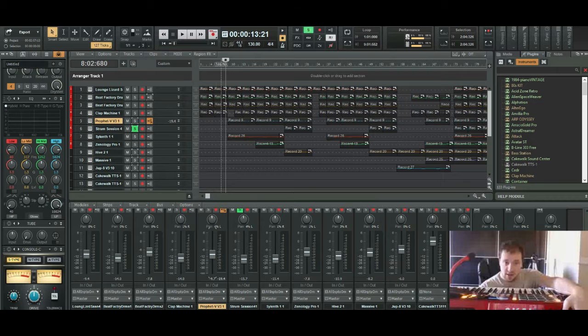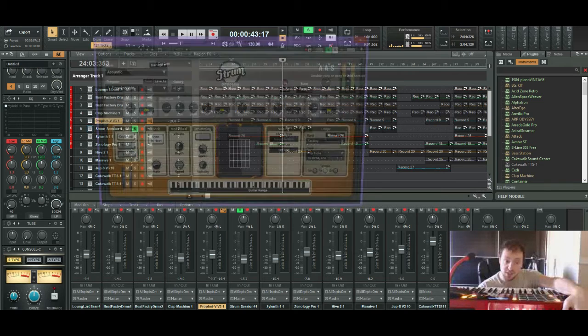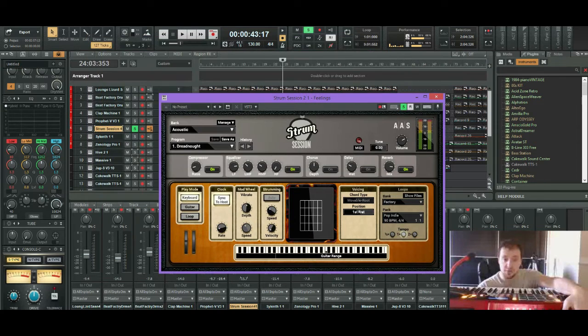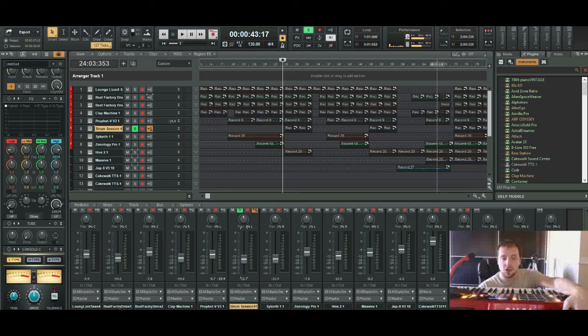Next track. This is one of those other plugins that unfortunately I lost during the Music Creator 6 era. This is Strum Acoustic, or Strum Session as they now call it. Strum Session 4, this is the new version. I chose Dreadnought as my guitar. And I pretty much played with the delay, the reverb, and of course, I played a bit with the chorus as well. So this is what the guitar sounds like.